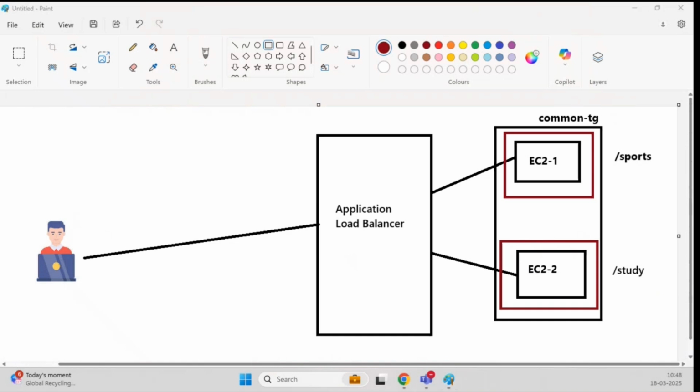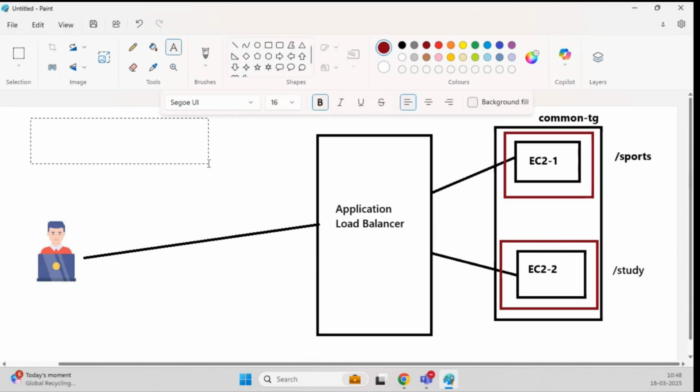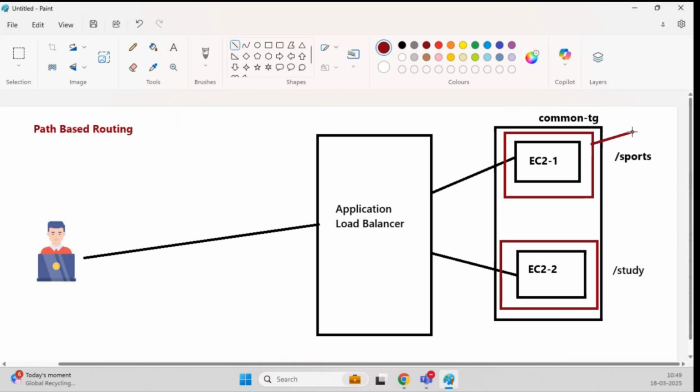Yes, I got the point. So this type of routing is known as path-based routing. What are we doing here? We are telling the application load balancer, whenever there is /sports, where to reach out to: this particular EC2 instance or this particular target group. This will be a different target group. We will give it a name as